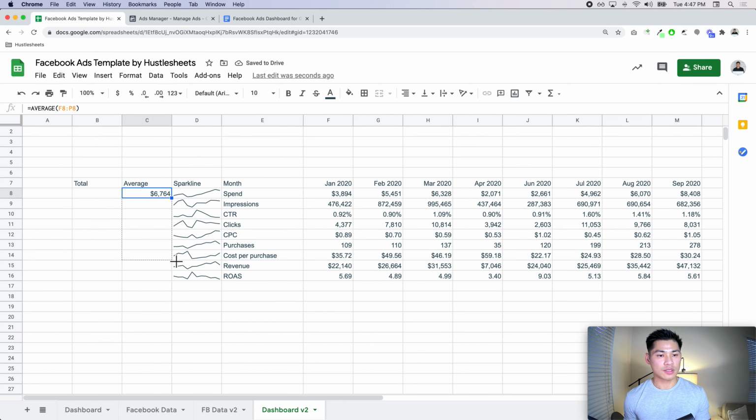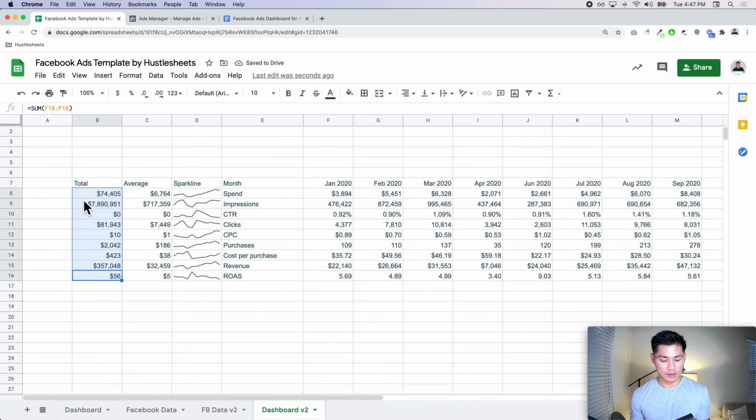And then drag this down like this. And then for totals, we'll just do sums. And then we will do the same thing. You can just do this and then double click on here and it'll do the same thing. Okay, now a couple of these though